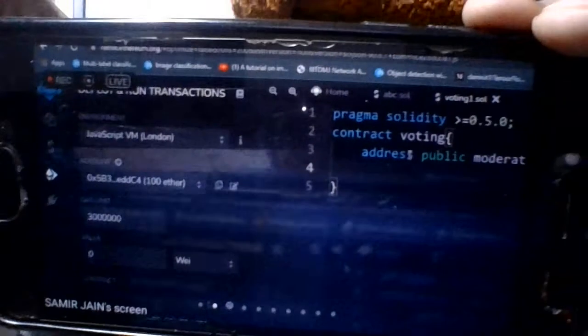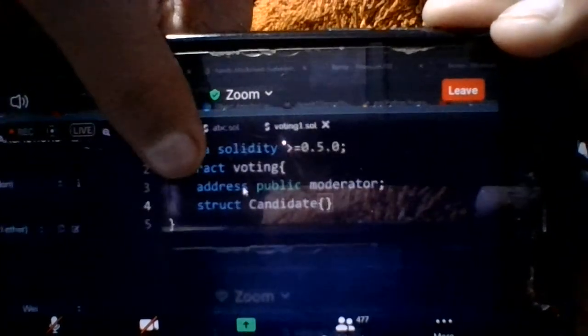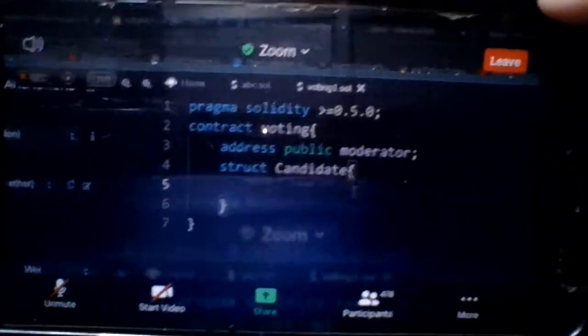The other is the votes, how many votes he has got. For defining these two things, we have to create a structure, or user-defined data type. So we type struct candidate, and this is the body of that structure.